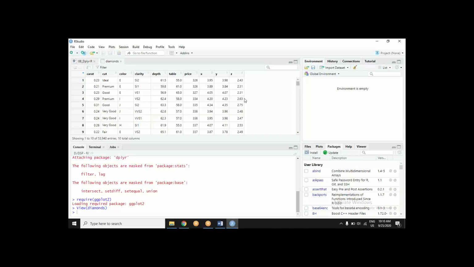It is a dataset of some stones, precious stones, diamonds, and it is having various parameters. So we have carat of diamonds, the cut quality, color quality, clarity. Actually, if you pay attention, you will see how clarity is mentioned, how color is mentioned.